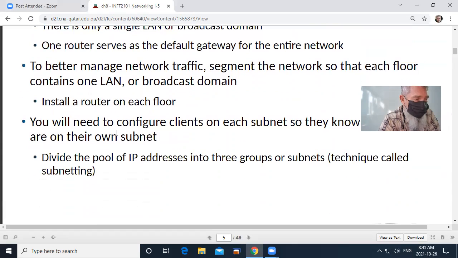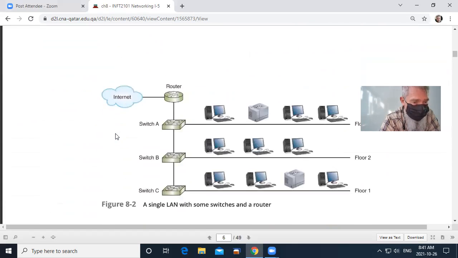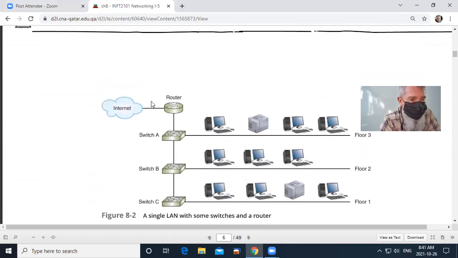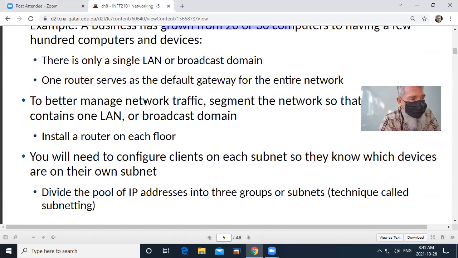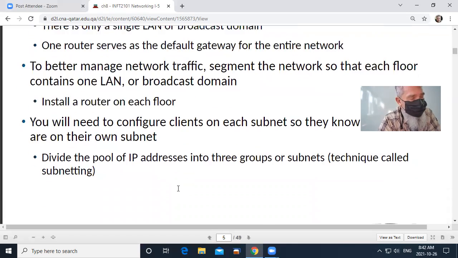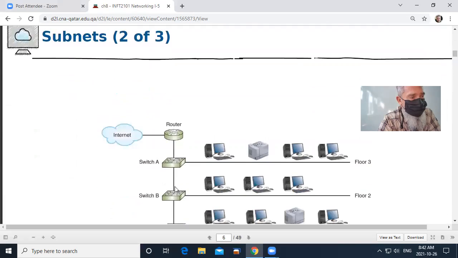And we find that the company has actually got a building with multiple floors. And so what we want to do is install a router on each floor. And we want to take the IP addresses that we've got and divide them into 3 groups and assign each different group to a subgroup, which is going to be the subnet for that.